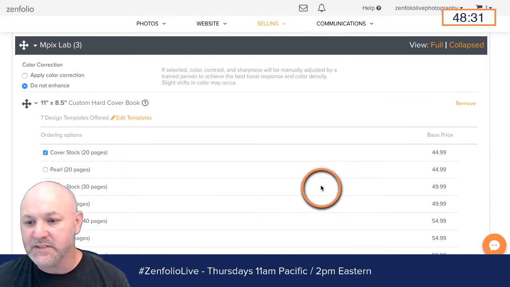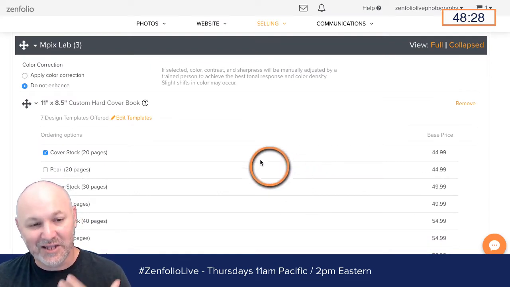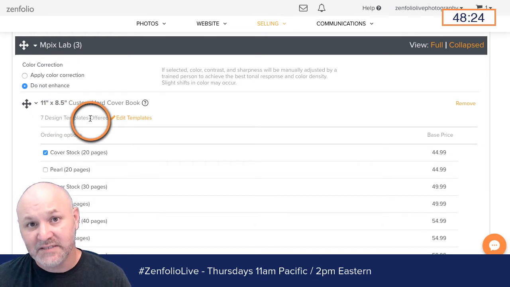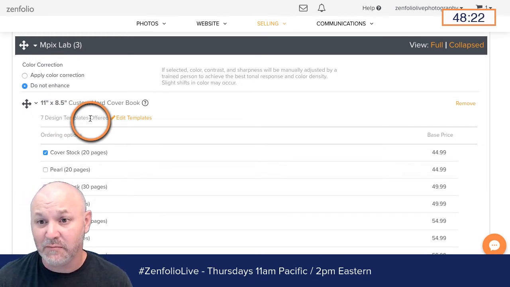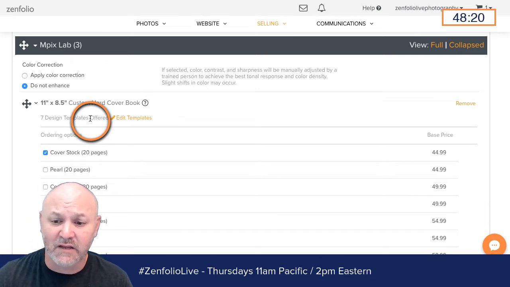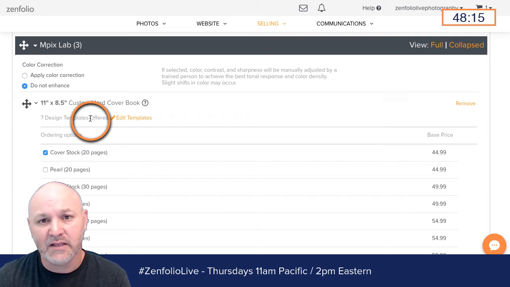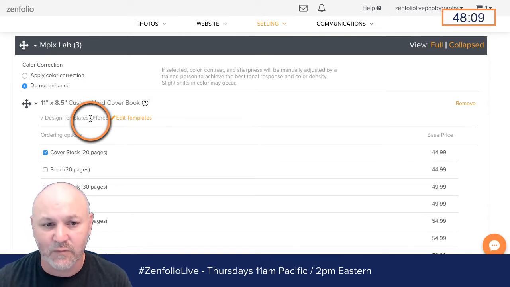And if you'll notice, that went from having 11 design templates offered to being 7. So now the clients have 7 templates to choose from, kind of getting rid of any of those ones that they might not potentially be interested in. Anytime you can save your clients some extra time, you can definitely take advantage of that and do that and make sure that you kind of take that stuff out of their way.